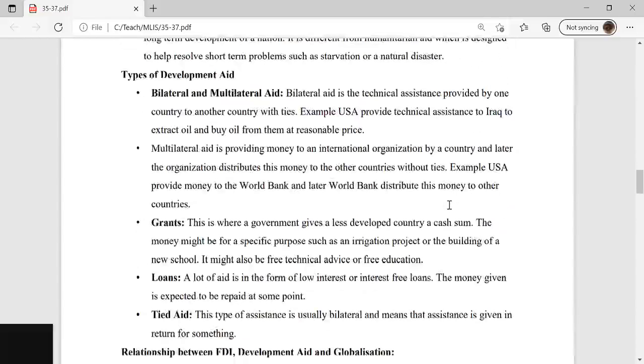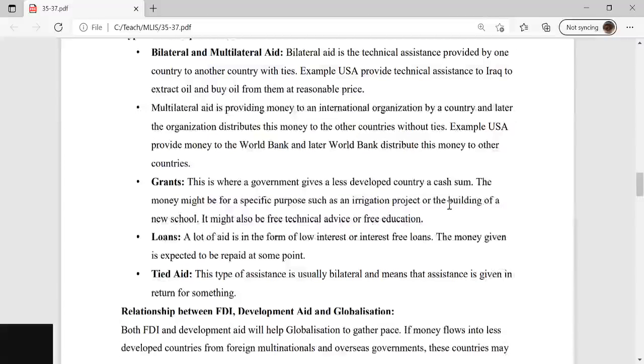And we have multilateral aid. In multilateral aid, more than one country is involved. Suppose there is an organization called the IMF, International Monetary Fund, or the World Bank. They also help different countries. They collect funds from different countries and transfer them to many other countries. It can also come in the form of a grant, that means money, or a loan as well,